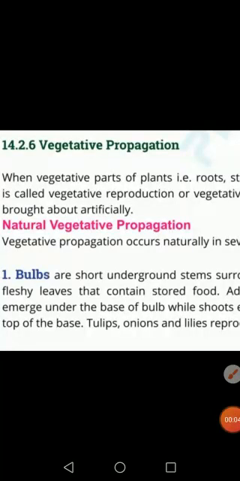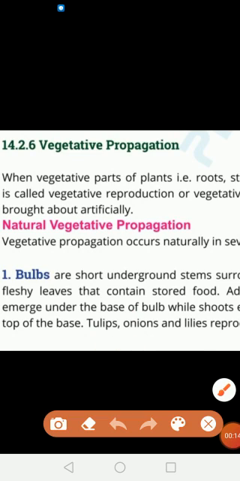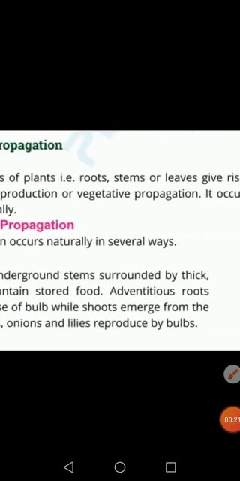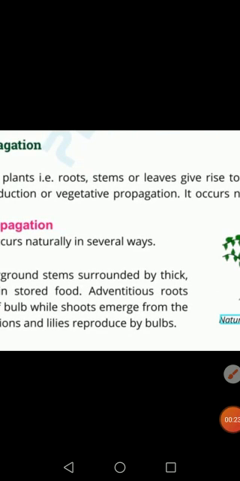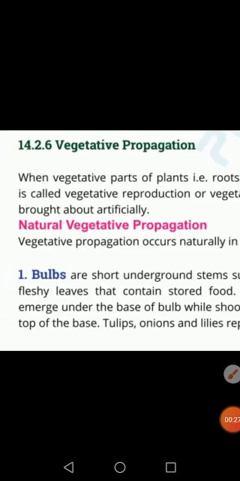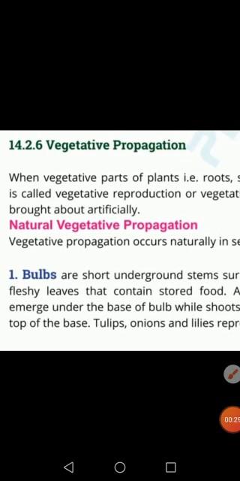Our today's topic is vegetative propagation. We are discussing different methods of asexual reproduction, and this vegetative propagation is another method of asexual reproduction in which different vegetative parts of the plants like roots, shoots, stem, leaves are used to grow a new plant. So this is called vegetative propagation, in which different vegetative parts of the plants are used to grow new